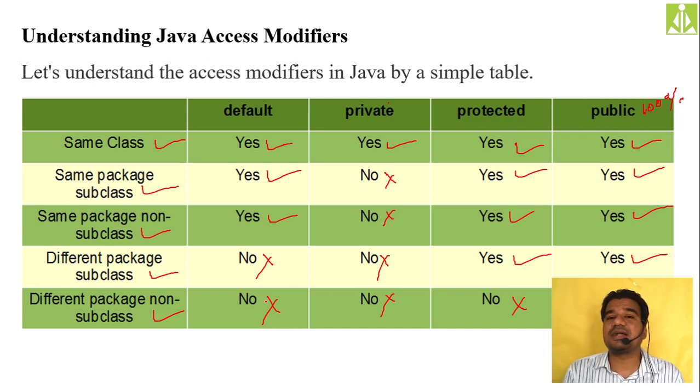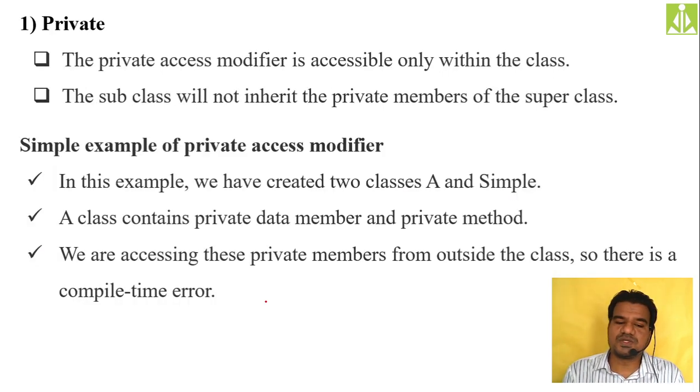Within the package it acts like a public member only. But when it comes to a different package, the access is like private, zero access. So hope you understood all these four access modifiers over here. The first one, the private access modifier, just now we have seen, is accessible only